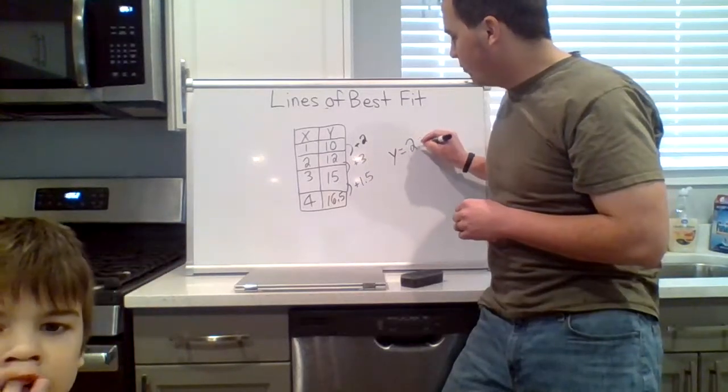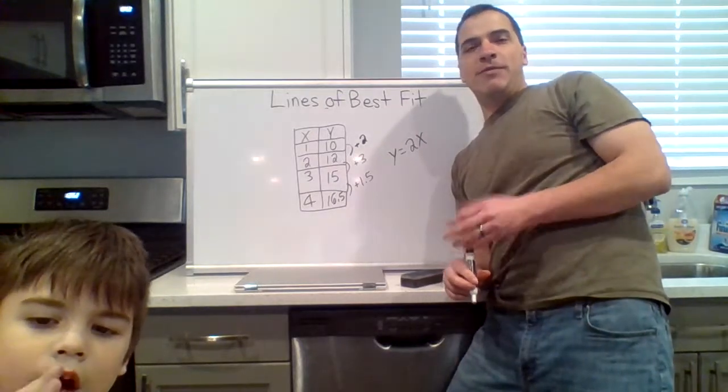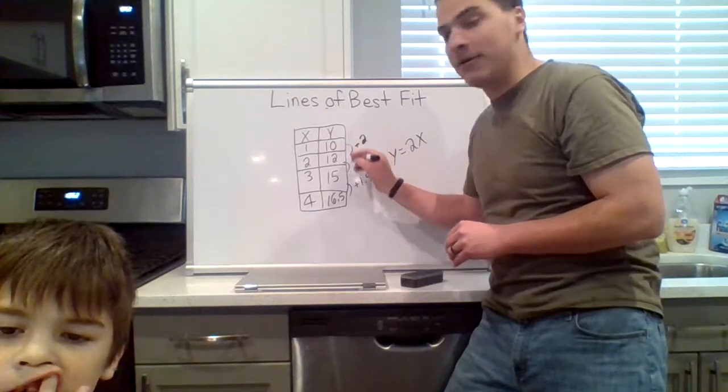So we're going to write y equals 2x. To find the intercept, the y-intercept, the b value in y equals mx plus b, we want to go back. So if we're adding about 2 each time,